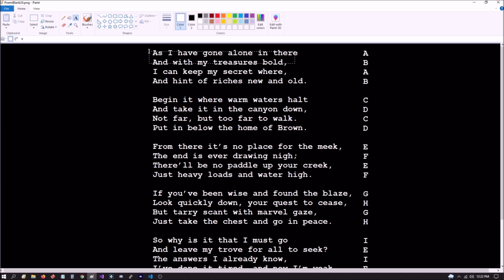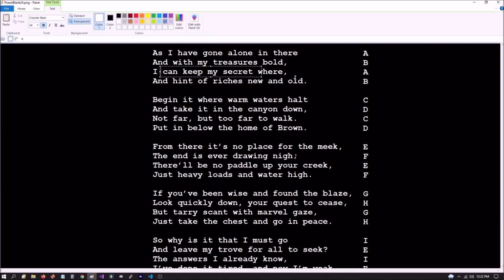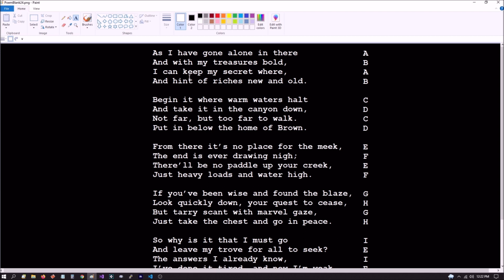These two things, okay, are what is enabling him. Remember, the word can means that he has the ability to do something. He doesn't say, I keep my secret where. He's saying that he has the ability. So we know for fact that the ability to do that is all hinged around all of this stuff up here. That is what is giving him the ability to keep. So if you look at the rhyme scheme in here, when you get to the line that says, I can keep my secret where, he's actually talking about in there,